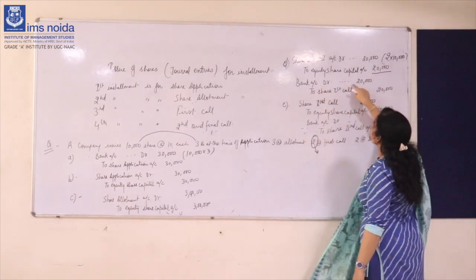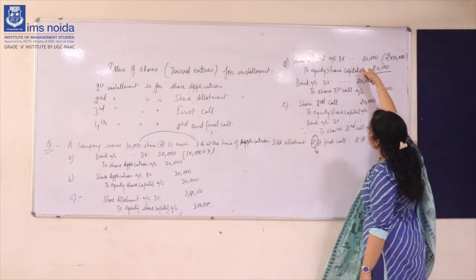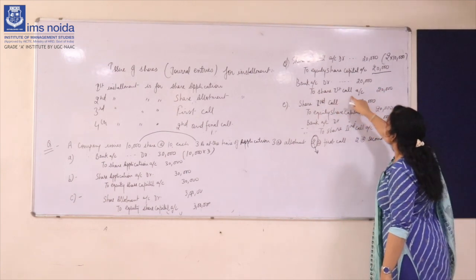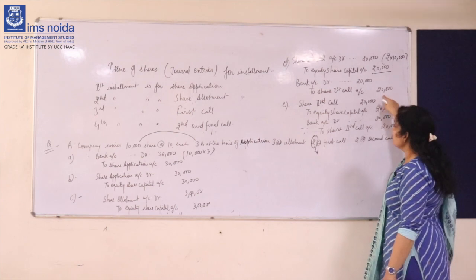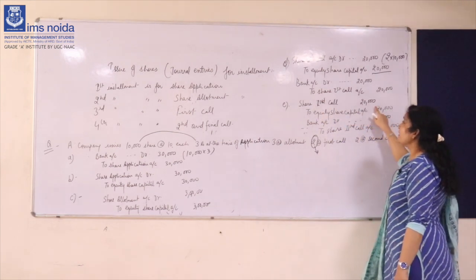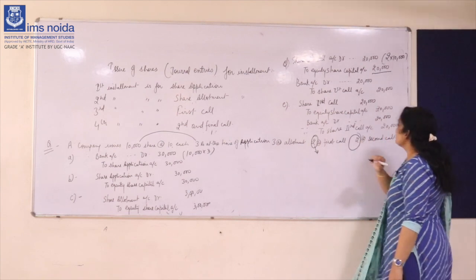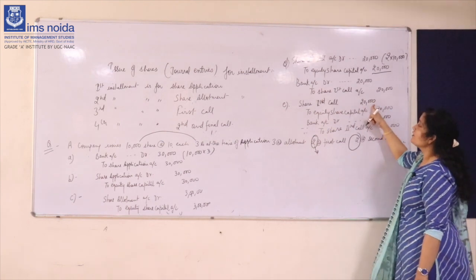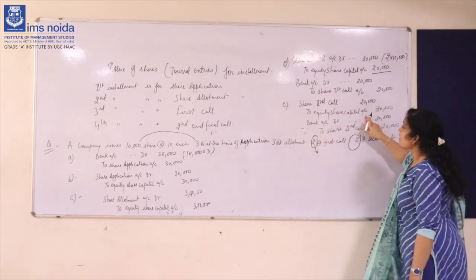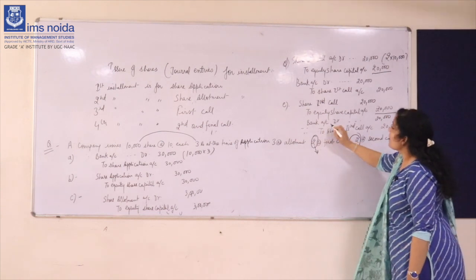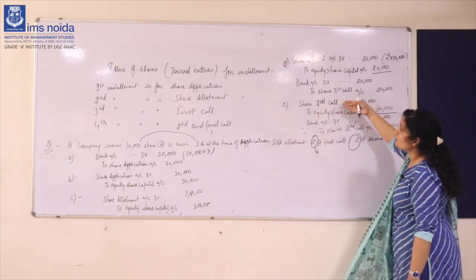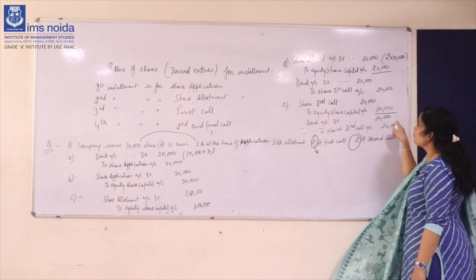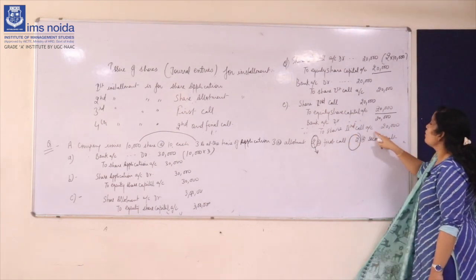Now bank account debit, which is 20,000. Now for the equity share capital that we are allotting, we have to place 20,000 rupees in the bank, to share first call account, which is again 20,000. Now share second call, which is again 20,000, because we are calling rupees 2 for the second time also. So 2 into 10,000 will come 20,000. To equity share capital account 20,000. Now the bank account, whatever we call for the second time, we'll get in the bank, which is bank account debit 20,000 to share second call account 20,000.